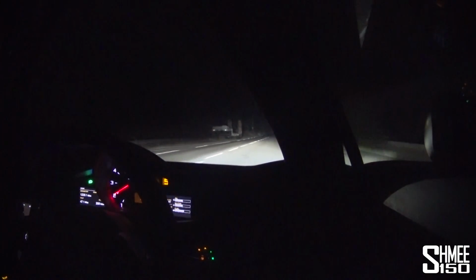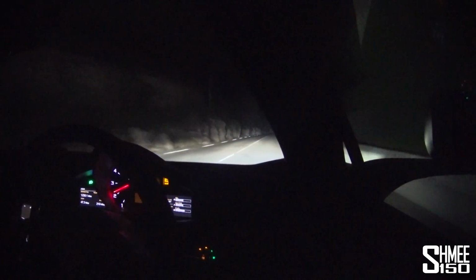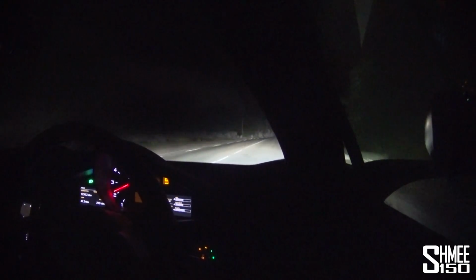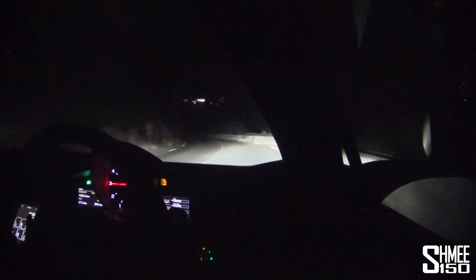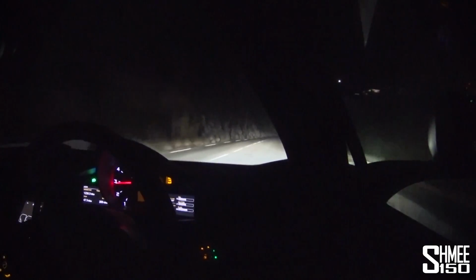Just start warming the car up gently before we get started properly, but this thing really is absolutely phenomenal. I haven't had an opportunity to take it around a track yet, but some nice mountain roads are not a bad start, as you're going to experience. The one other setting I am going to change is to put the traction control into sport mode, which